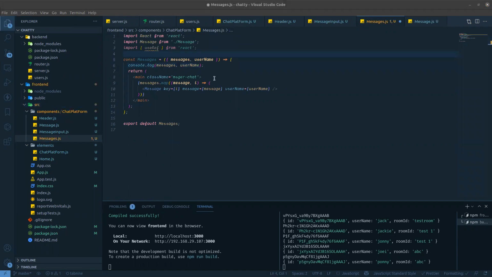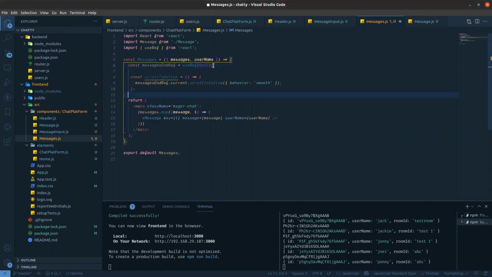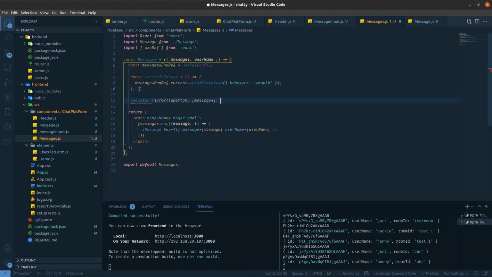So I'm creating one useRef over there, and a function called scrollToBottom. When messageEndRef.current scrollIntoView is called, the behavior should be smooth. This is the property you need to add. And when new messages change, this method will be called, so I'm running it in a useEffect.